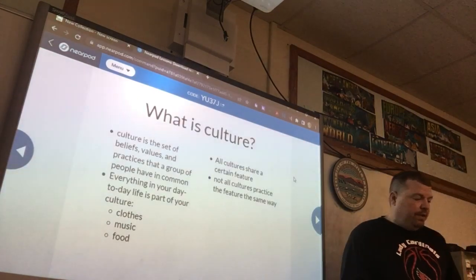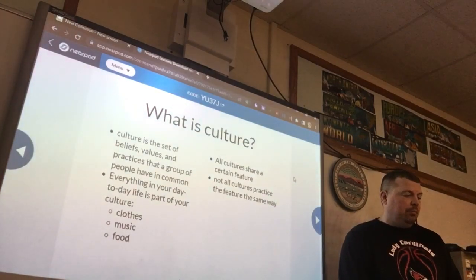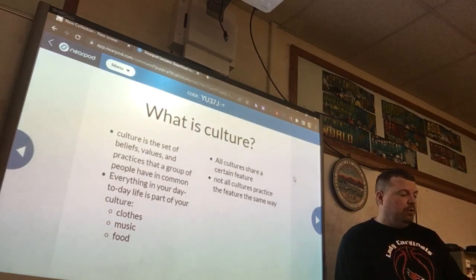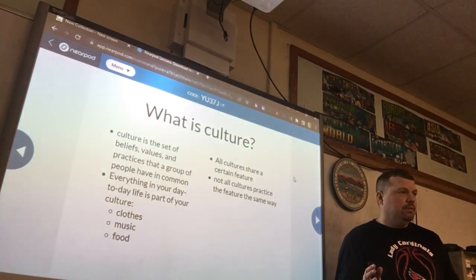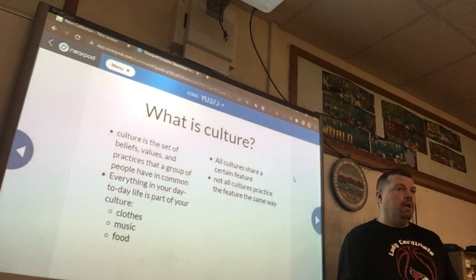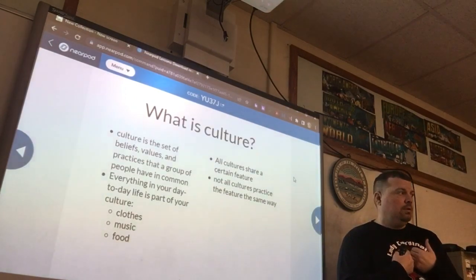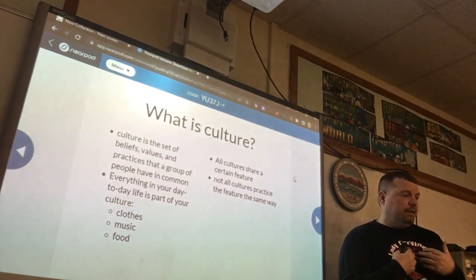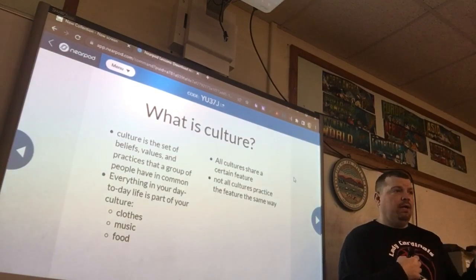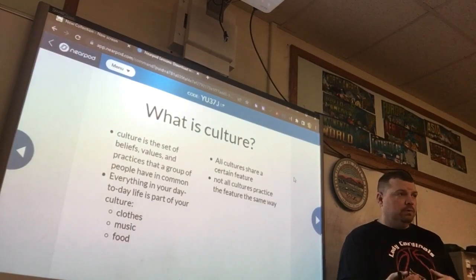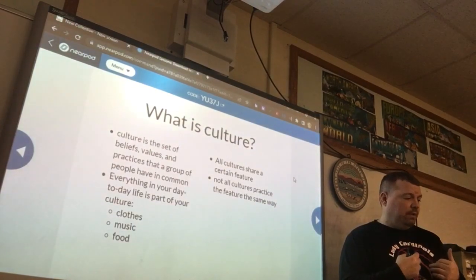what is culture? Culture is a set of beliefs, values, and practices that a group of people has in common. What's values? What's that mean? Money. That would be like a valuable. But what is a person's values? Like something that's special to you. Right. So it would be something like our belief system, or what we think is right or wrong, good and evil, our values, our beliefs.